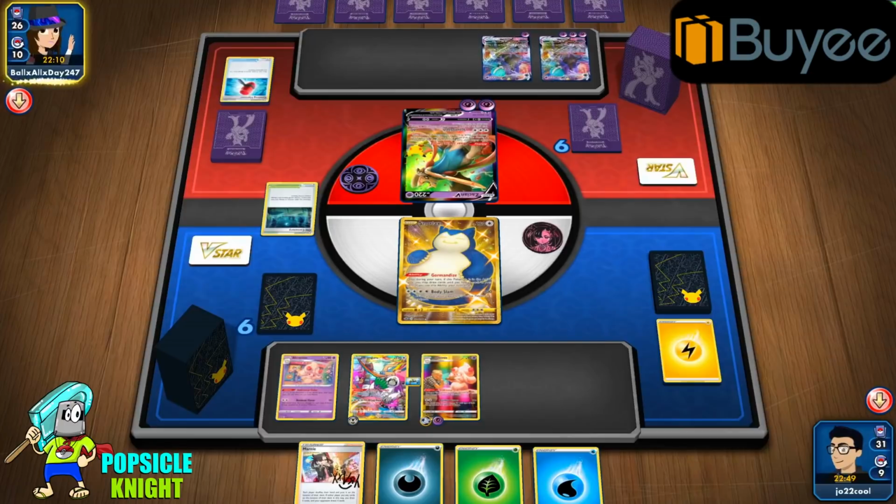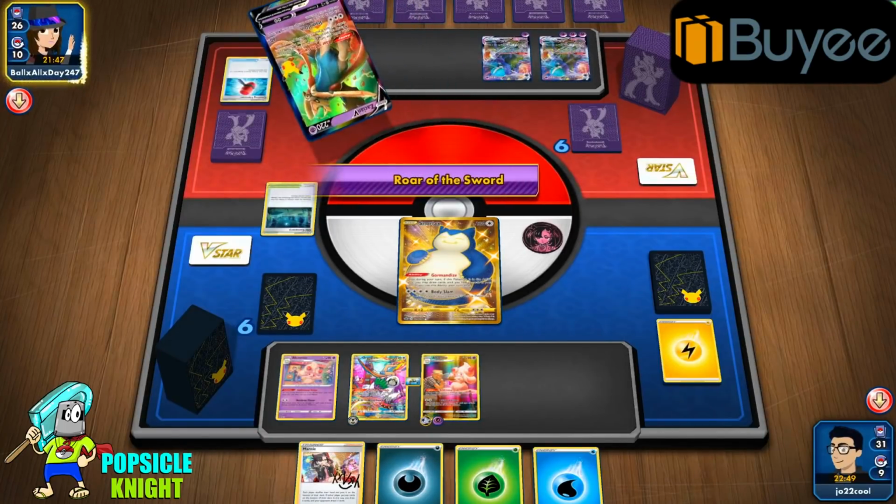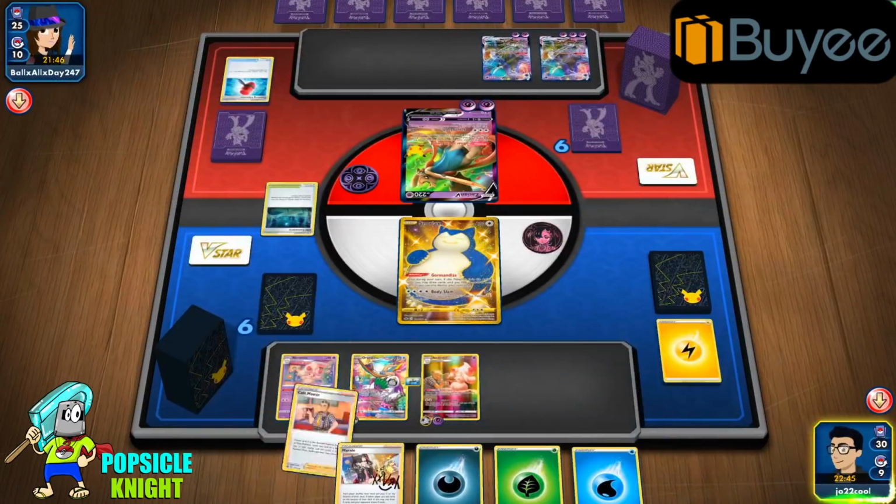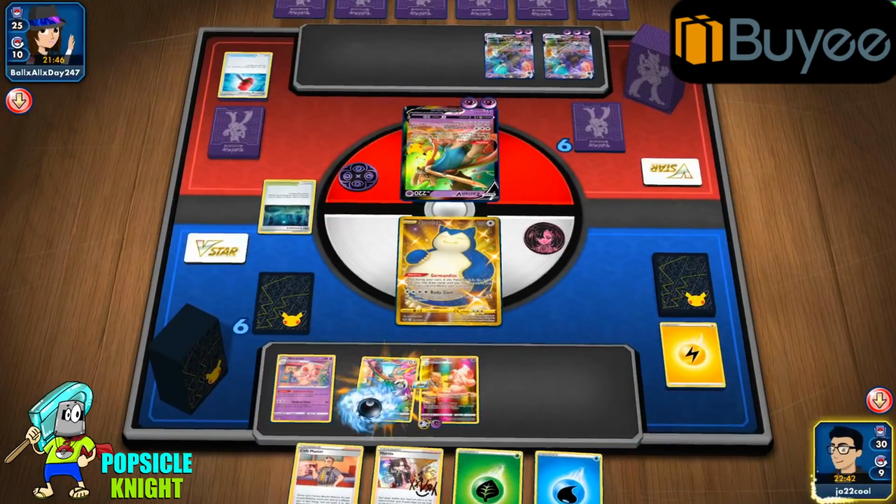They're going to discard our Lightning Energy. So if they end up switching out their Zacian V, they can start attacking with their Shadow Rider Calyrex VMAX, and it could go downhill from there. But if they pass here, at least if they use Zacian V, that's going to end their turn. Okay, they will. Roar of the Sword. That will energize their